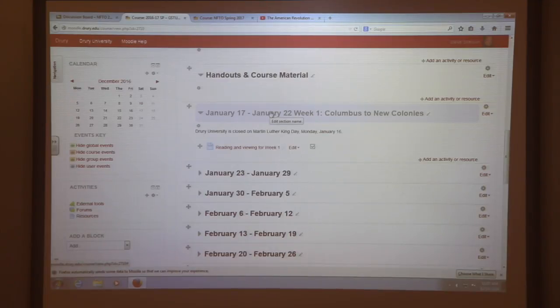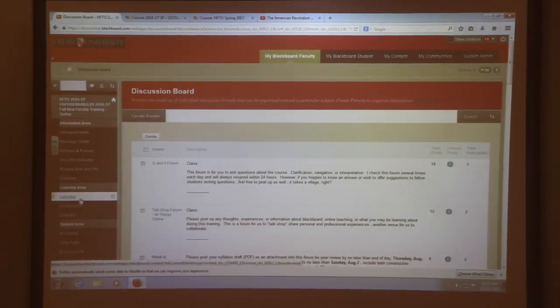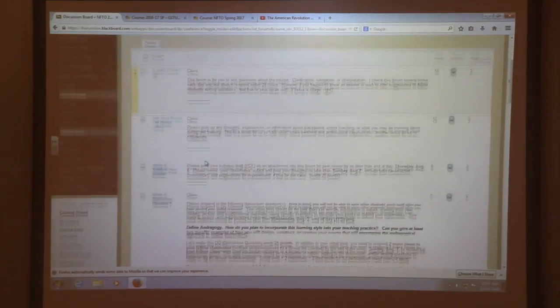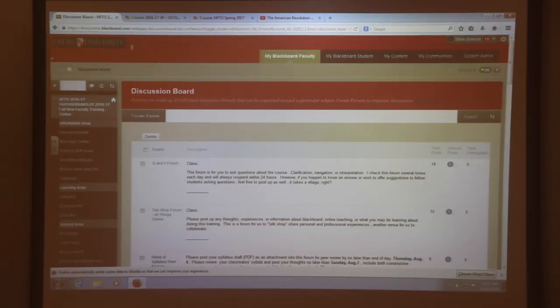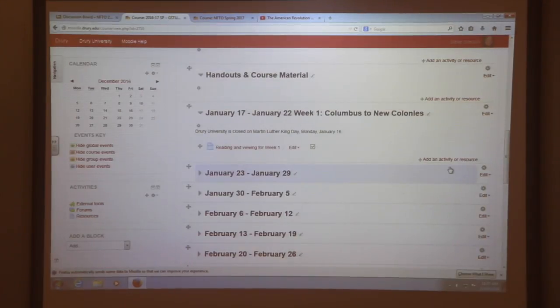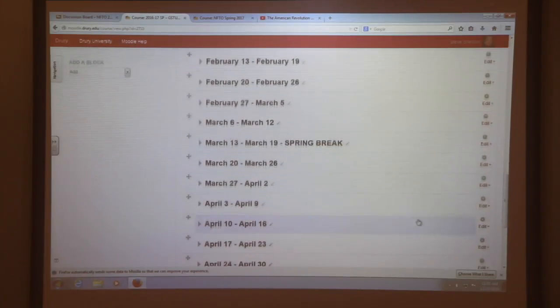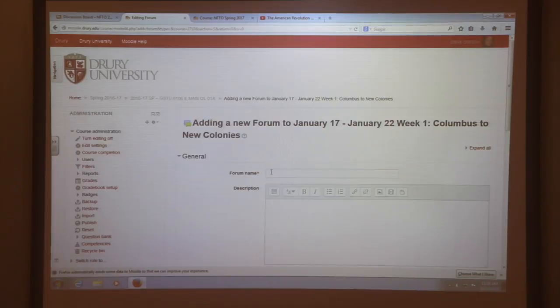Now here's the thing. In Blackboard, if you remember, off to the left, we had our discussions, all nice and neat in one nice little tab there, right? In Moodle, you can do one or two things. You can embed your discussion for that week only, which is what I prefer to do now using Moodle. Or if I wanted to, I could actually change one of these items and my forum name. Again,